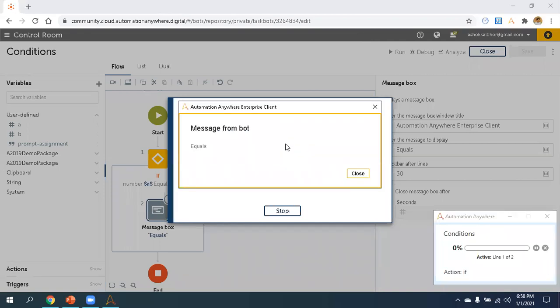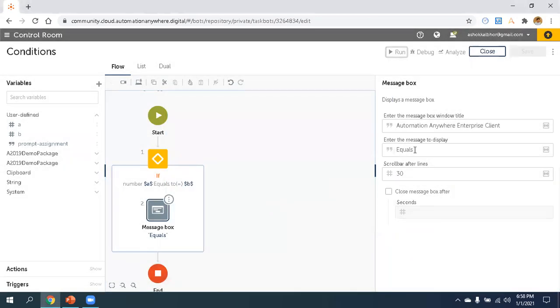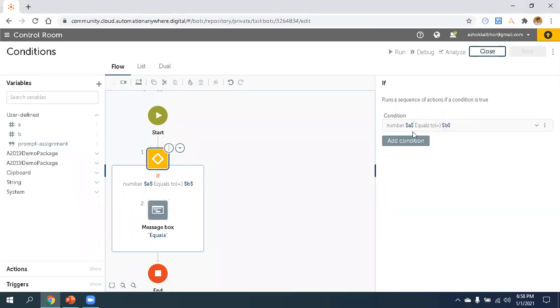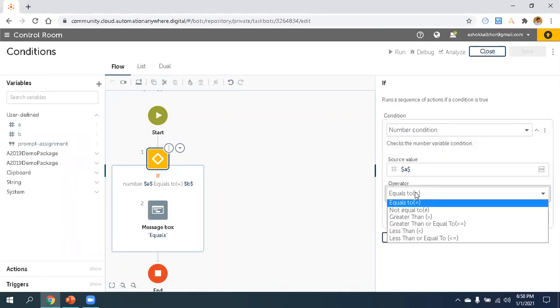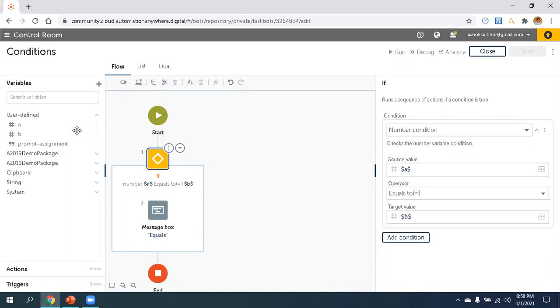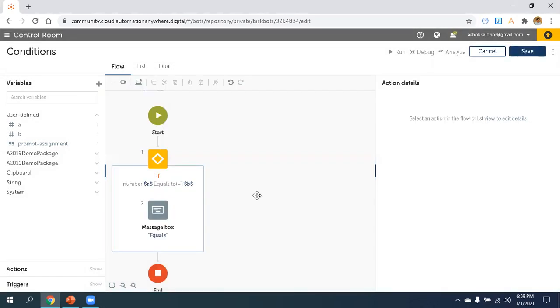Now you are able to see that equals to is coming. So that's how the equals message comes. Similarly, we will check this condition for all the other symbols also. We will change the value of B back to 20 so that we can proceed with our next type of condition, which is